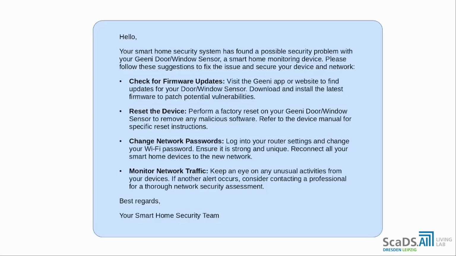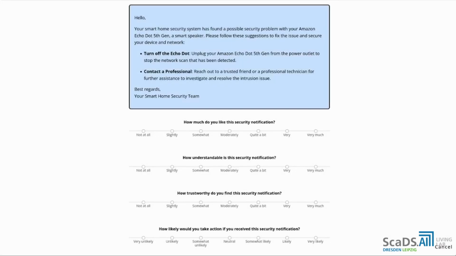Here is one example notification from our study. This is a long notification with 4 steps. Short notifications only have 2 steps. This notification is meant for the intermediate user types, and we have created notifications just like this one for all 6 categories. Now here you see the example web page of our online user study that we conducted on Prolific